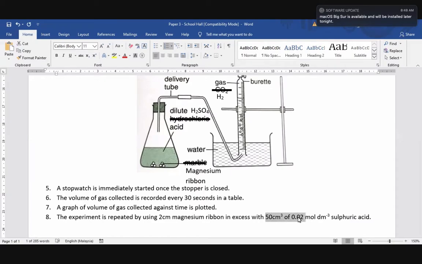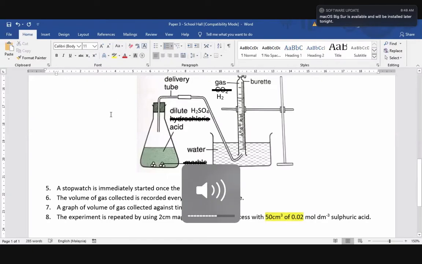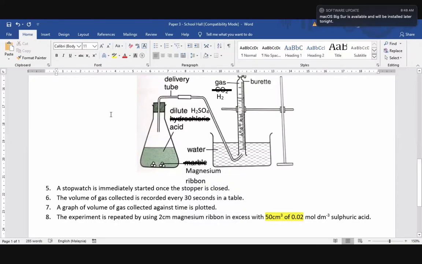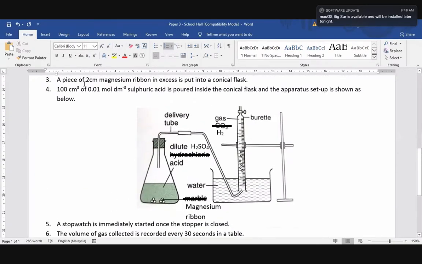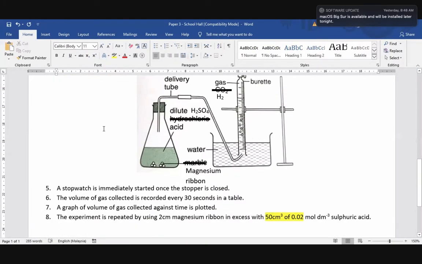That's one. If you multiply the mole here, that mole will be equal to 0.001 mole. Same for that one. If you do this one, you calculate the mole, it will be 0.001. That's why the value can be changed, but by using the same mole. So if I use the same mole, later on when I plot the graph,